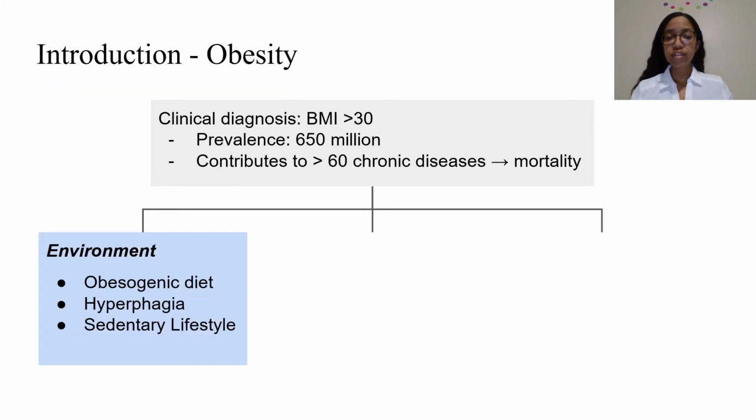Now, to clinically define the term, an individual is defined as being obese when their body mass index exceeds 30. Obesity is a highly prevalent phenomenon, contributing to over 60 chronic diseases, rendering it the leading cause of premature death around the world. Now, various factors contribute to obesity, including the environment through obesogenic diets and sedentary lifestyles, as well